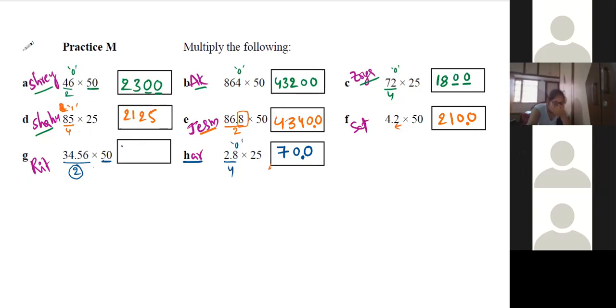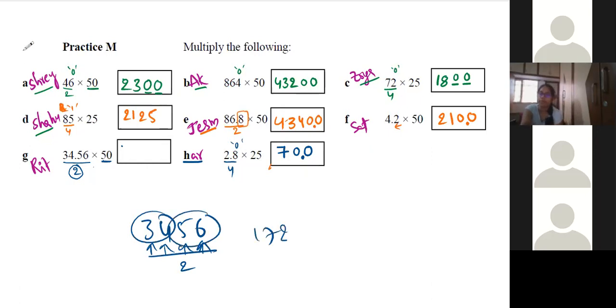Wait, I'm telling one more point. Navya, not only Navya, all of you see. 3, 4, 5, 6. When you are dividing this number by 2, instead of doing this digit by digit, you can do it this way also. You can treat this number as 34, and 34 half is 17, 56 half is 28. So it's 1728. And since there is no remainder, it will be 0, and then since there is a 50, it will be another 0.